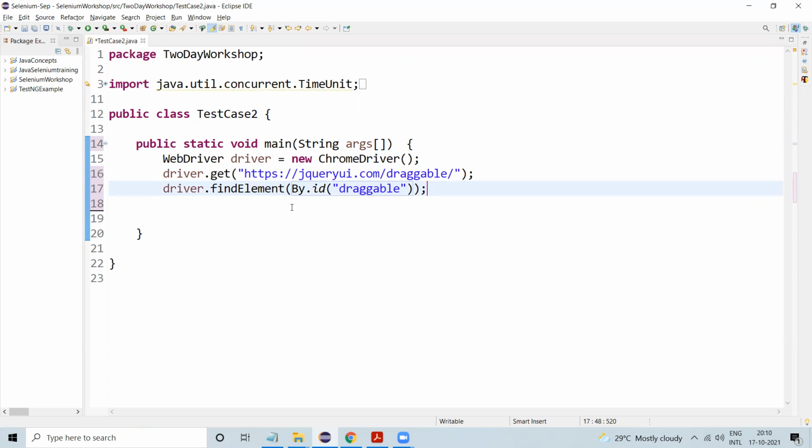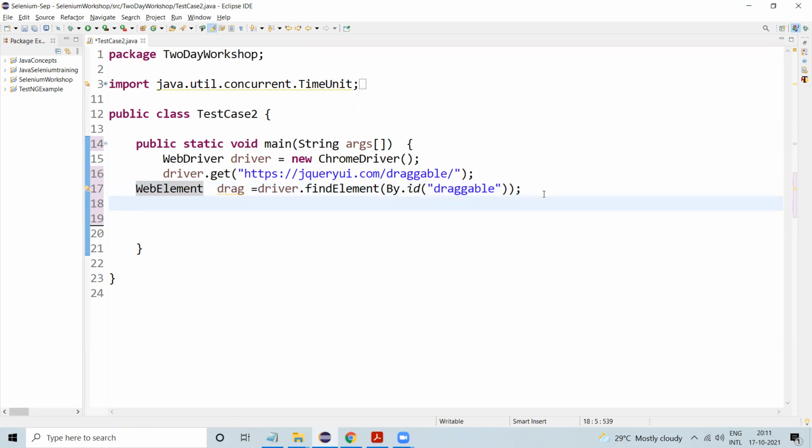I just store this element in a reference variable. The reference variable drag is equal to this, a WebElement. Store it in a WebElement type. Right. Now we have found the locator of the particular element.